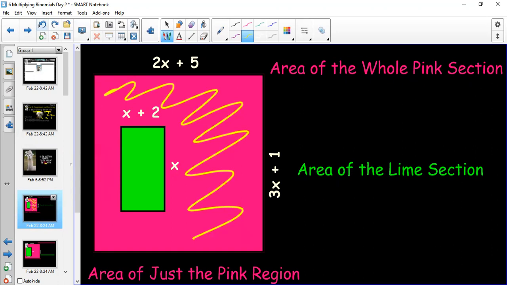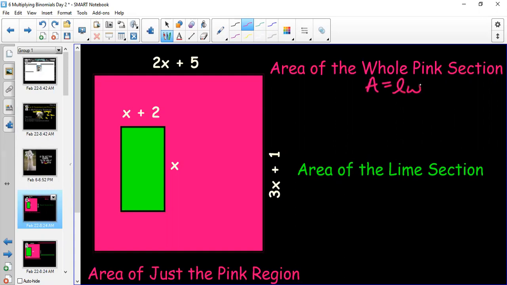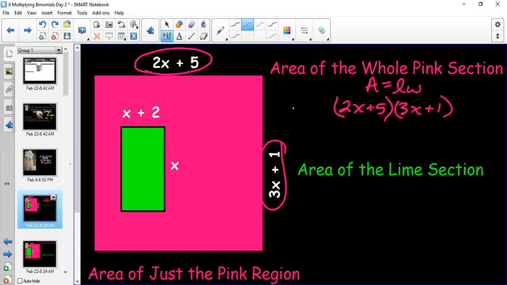All right, so to do that, we are going to find the area of the pink section, the big one. And remember, area is length times width when we're dealing with rectangles or squares. And when I do that, I want to multiply the entire length by the entire width. So it's really important that I put parentheses around our two binomials. All right, so the area of the big shape,